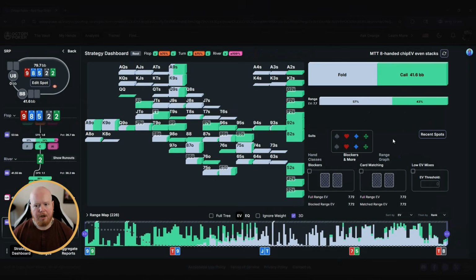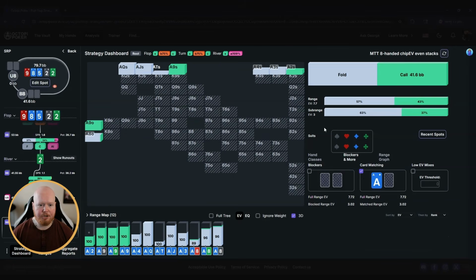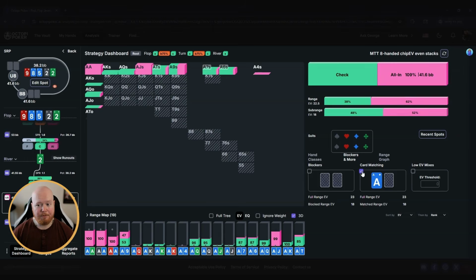Now you can look at this card matching tab as being essentially the exact inverse of the blockers tab. It will show you only hands which contain the card or cards that you've highlighted. So if I want to figure out the significance of, say, the ace of diamonds in this spot, I can select it right here, and I can check out how often the big blind is calling here with hands that contain the ace of diamonds, which of course is not very often because most of those hands are pretty weak now. I can also do the same thing from the UTG perspective here,